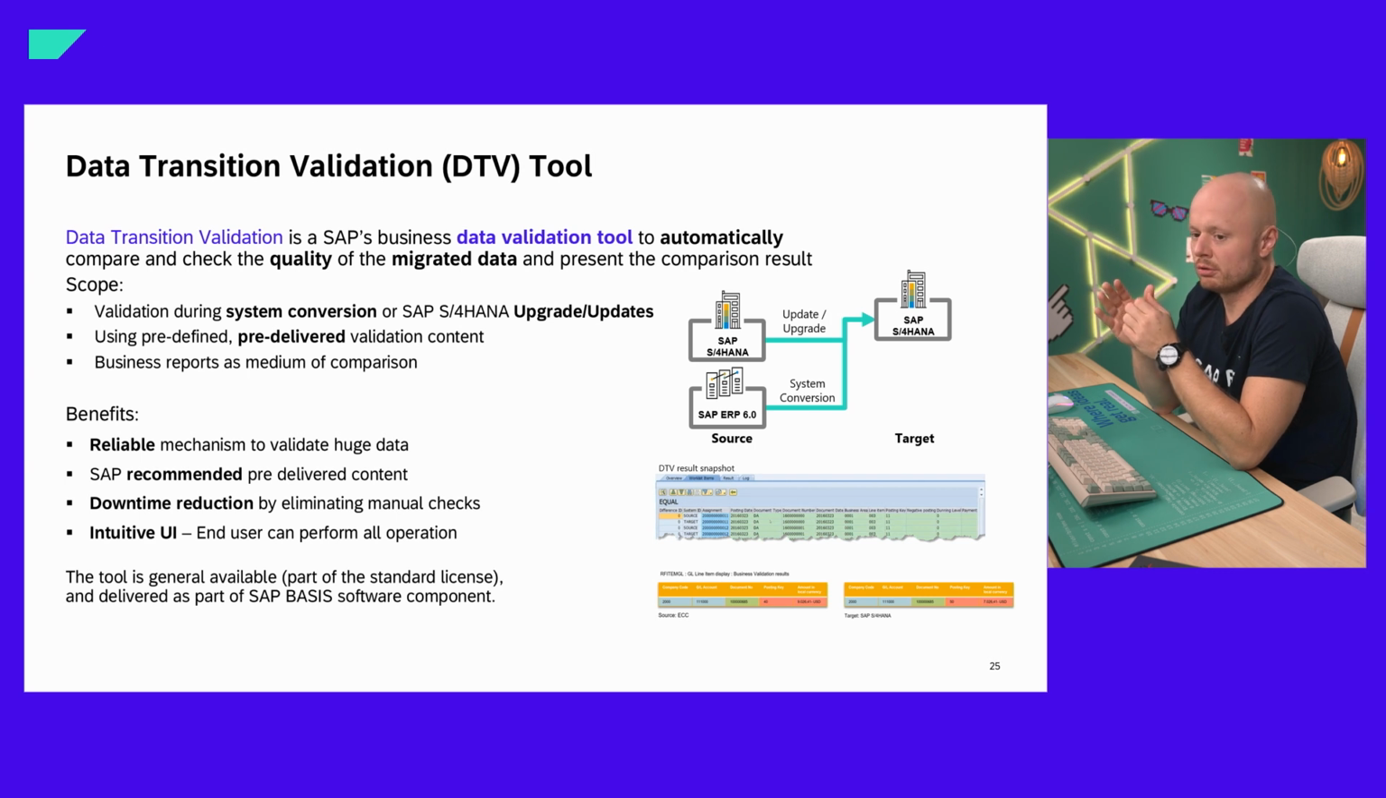What it's actually doing is coming with predefined, pre-delivered validation content. There are business reports that are used as the medium for the comparison. So it checks the data before the system conversion, and then you execute that report after the system conversion, and you get displayed the information about things that are equal and things that are different. And then based on that result, you can take immediate actions and handle these